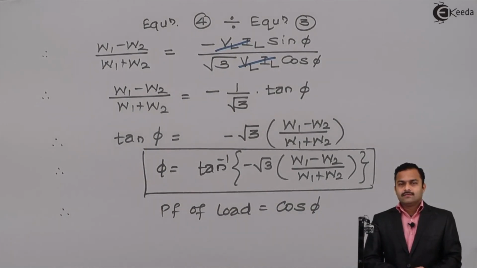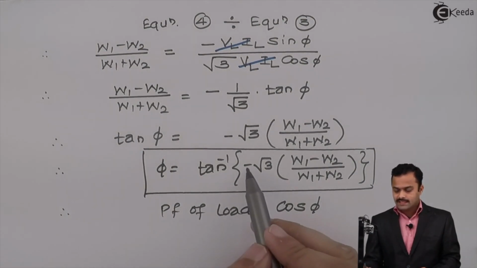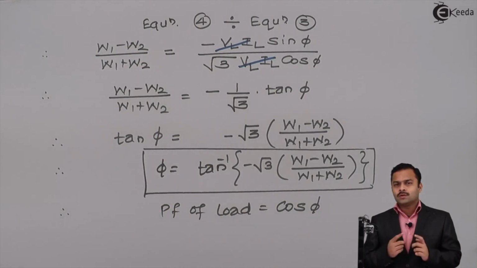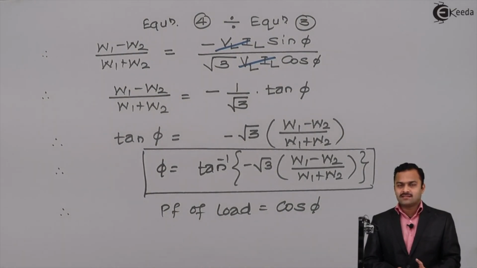So if you notice, for star connected lagging power factor load, the minus sign was not there, but whenever the leading power factor load comes into the picture, the minus sign will appear in the formula. That is the only difference, right? So the difference is occurring because of the type of load, but it does not depend upon the type of connection. Meaning, for star connection load, if I have lagging, I will not have a minus sign while calculating phi, but whenever I change the load from lagging to leading, the minus sign will come into the picture. As far as power is concerned, it is simply the addition of 2 wattmeter readings. Thank you.